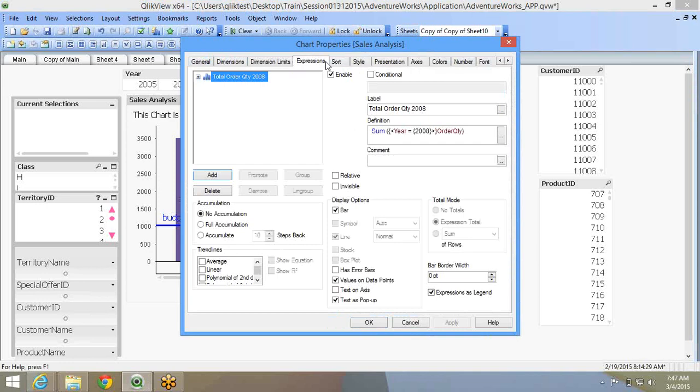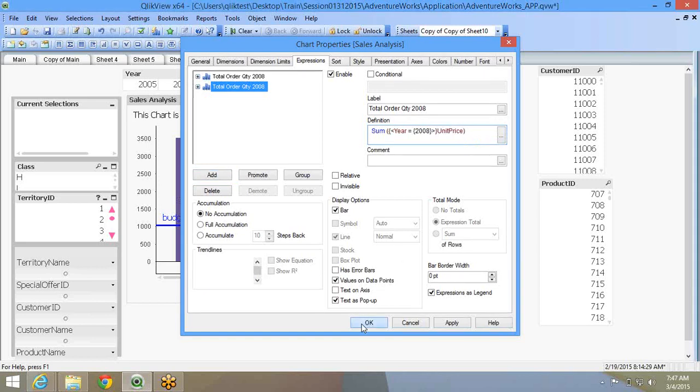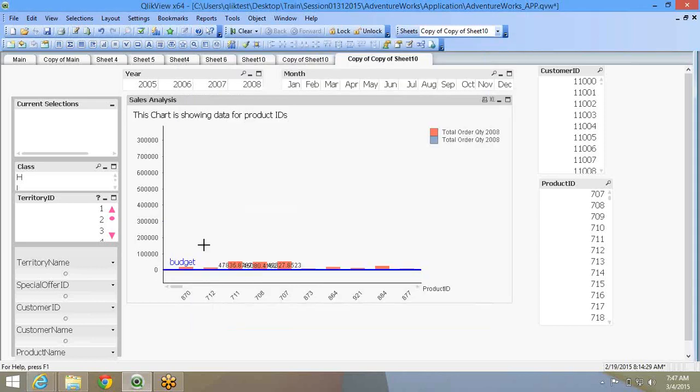Now expression, you're seeing this sum of order quantity, right? Now let me just flip this, copy this expression and paste it over here. Now I'll show you unit price. What will happen is the unit price scale is very high and the order quantity is very low, and the user doesn't want to see this method.